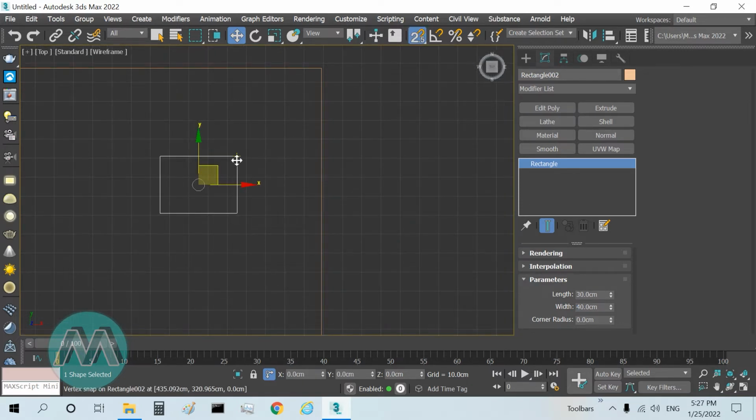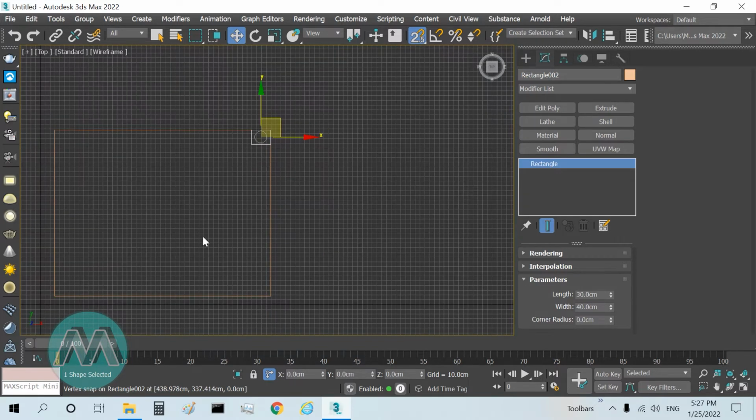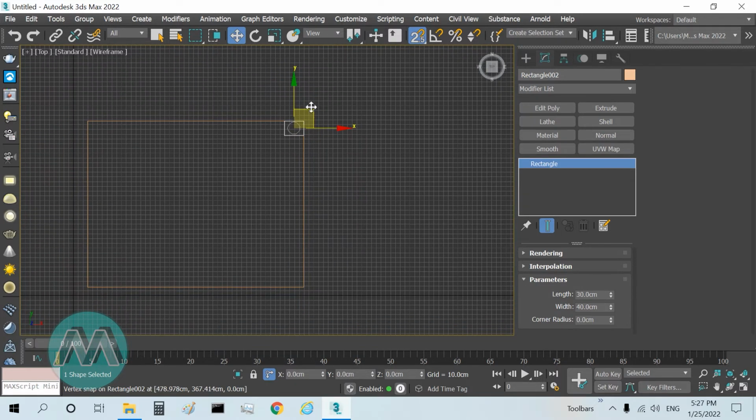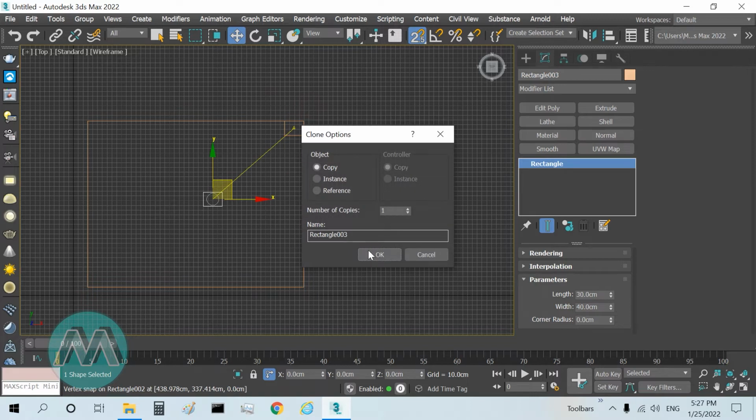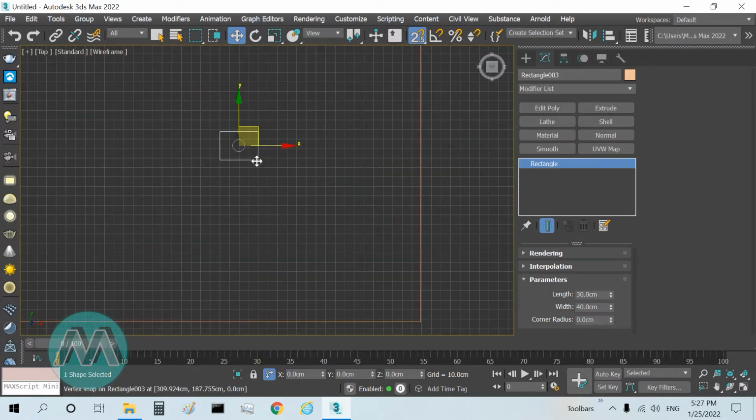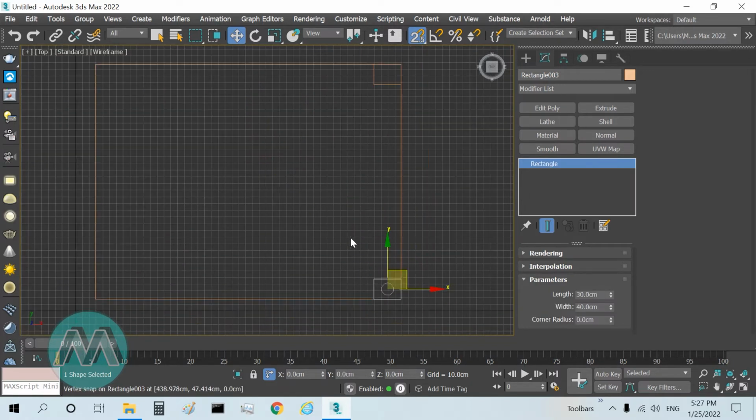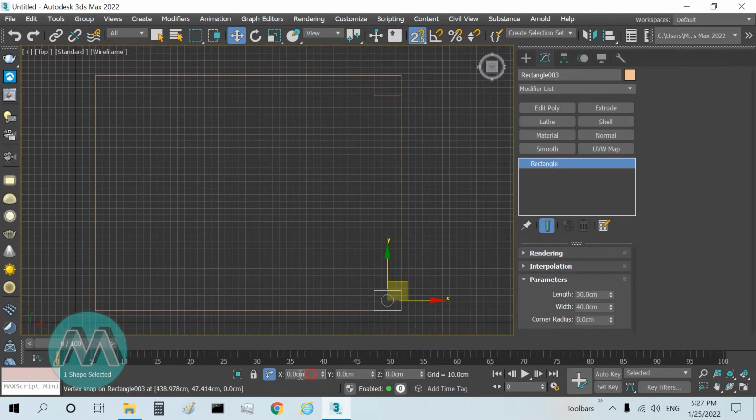So I want to place them one here and clone it, and I want to place it here and set its distance from the beginning of the plan negative 100 centimeters